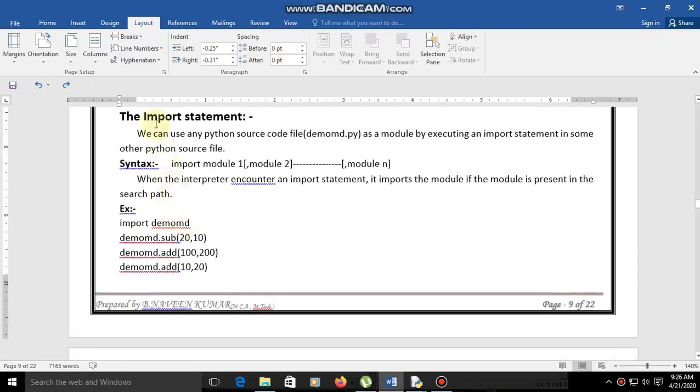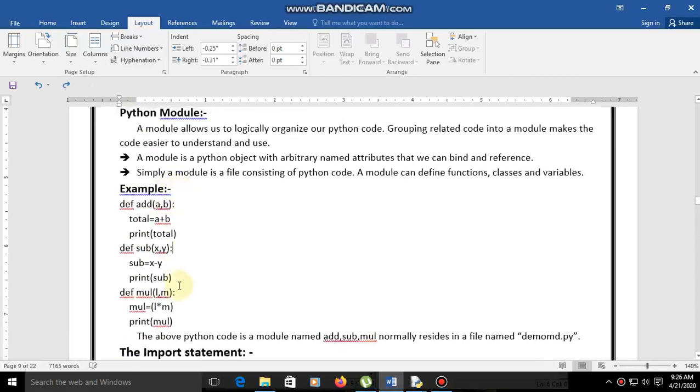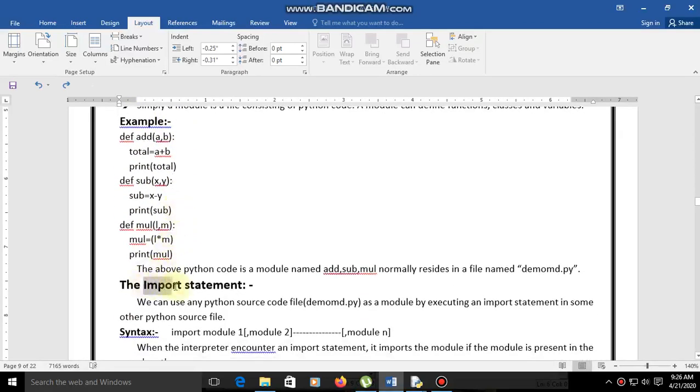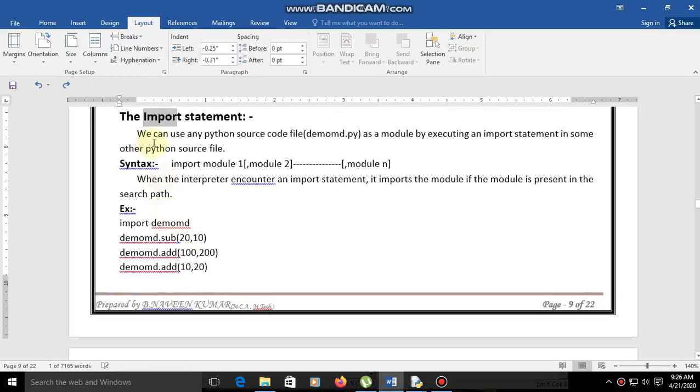See, that can be used by an import statement. We can use any Python source code file like the one we created, demo md.py, as a module by executing an import statement in some other Python source file.